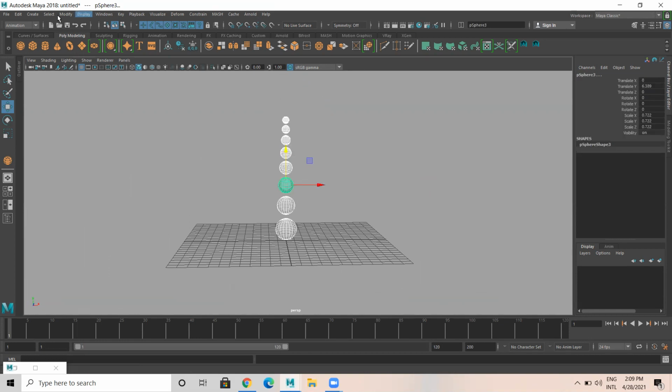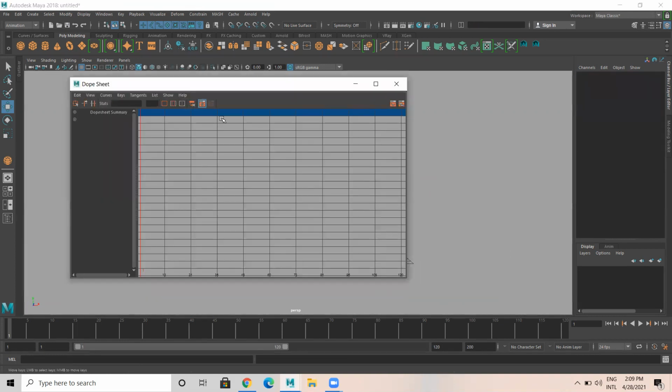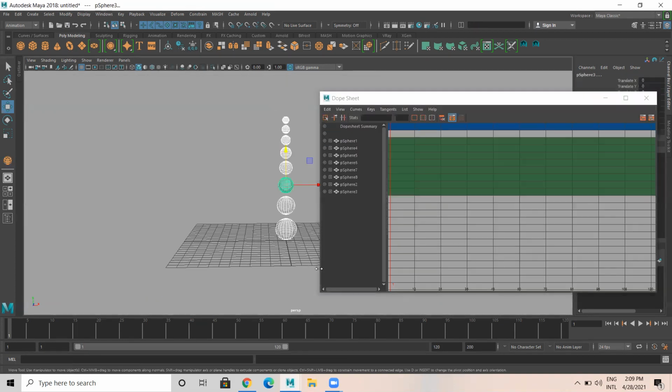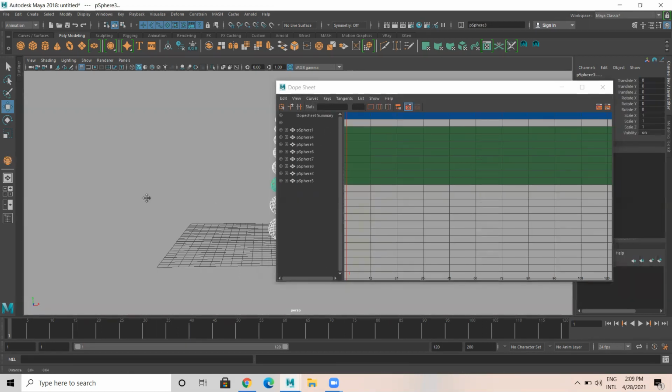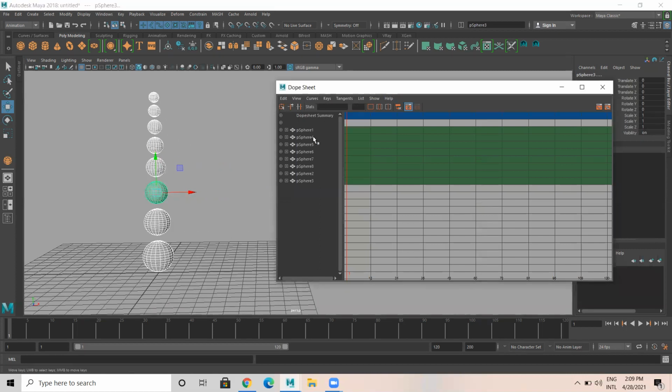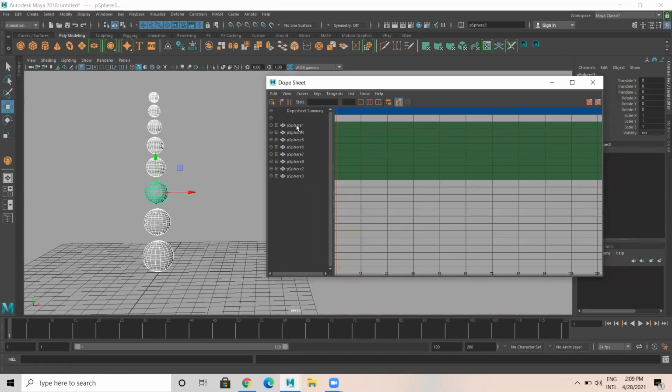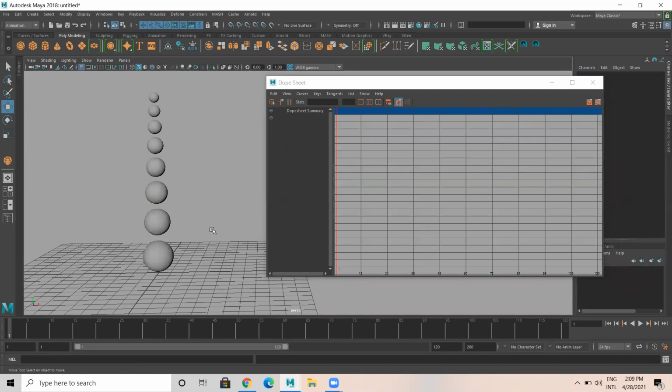Okay. What I'll do, Modify, Freeze Transform, for the time being. So I'm selecting all these objects. Now if you see, when I select all these objects, you can see all the polyspheres are selected. But if you notice here in the sheet, these are not selected in order. Basically, we should select this in order. However I do it, it's not selecting in order, but we have to select in order.